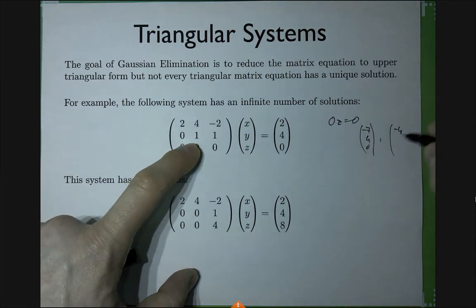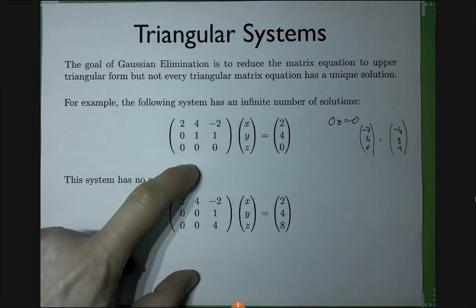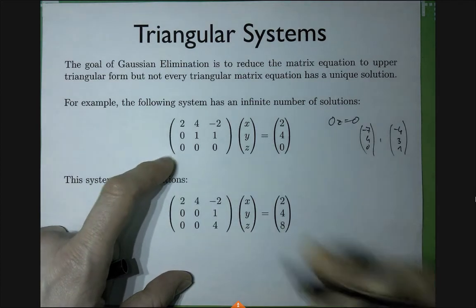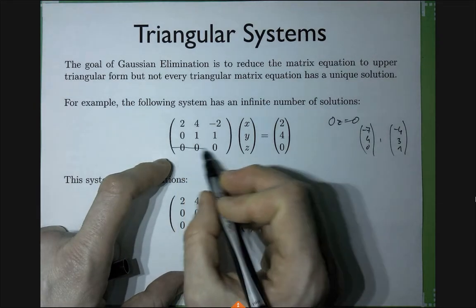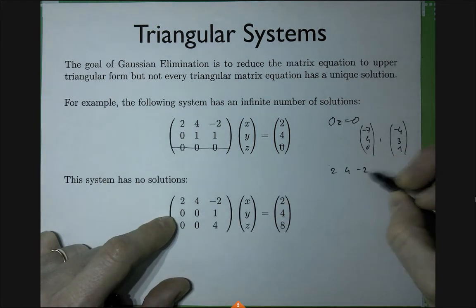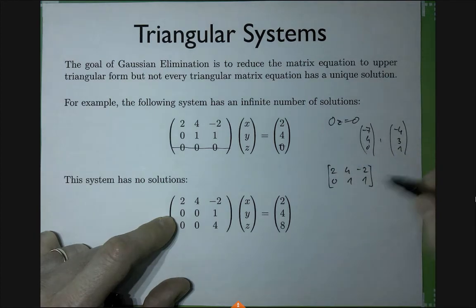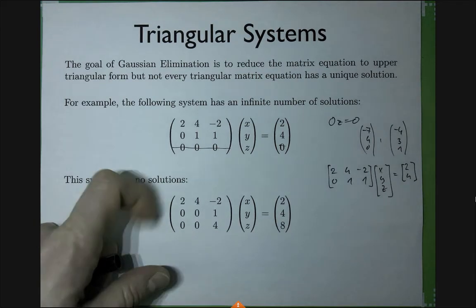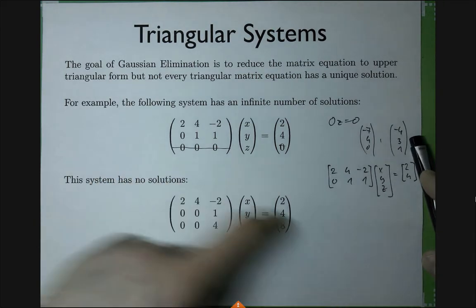-4, 3, 1, I believe, is another perfectly valid solution, because the last row doesn't matter. It wouldn't even have to be there, right? I could just take it out. I could just write it like this: 2, 4, -2, like a 2 by 3 matrix. That's an advanced case which we'll not really be talking about today. We'll talk about it later. But that's basically what it's equivalent to, right? This row wouldn't even have to be there. It's completely bogus.